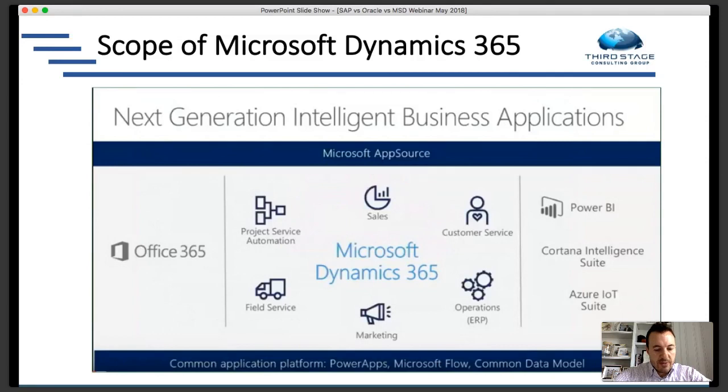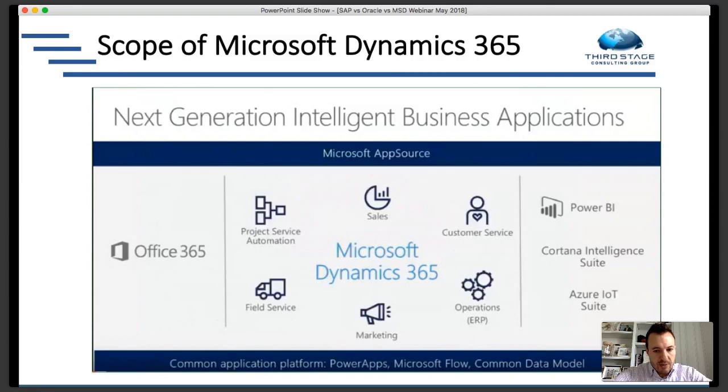Dynamics 365 has been developed over the years through Navision, Axapta, and Great Plains. And similar to Oracle, they've taken these different disparate systems that they've acquired and developed over the years and brought the best of them over to the cloud to create Dynamics 365.